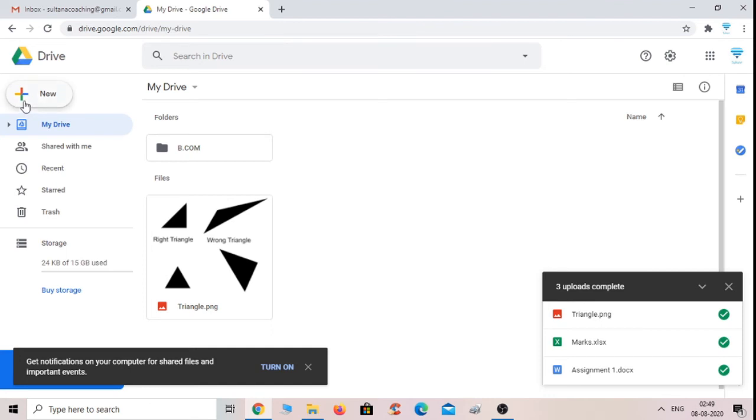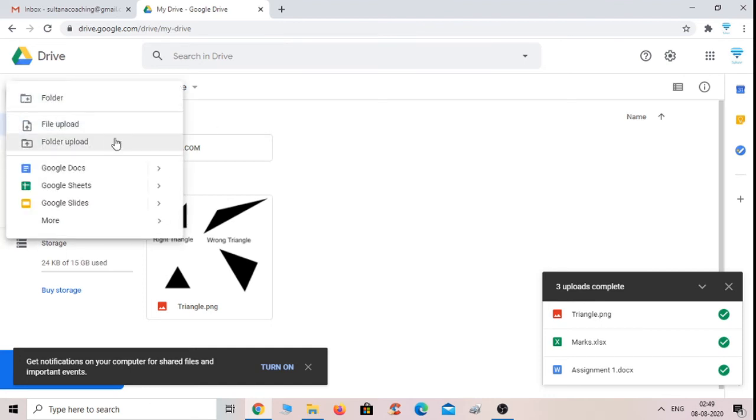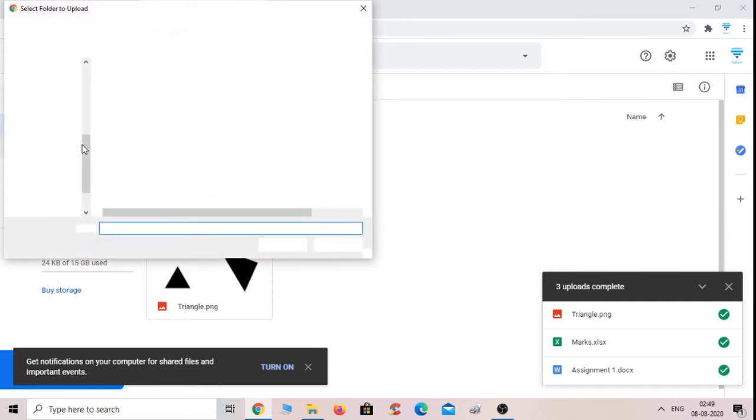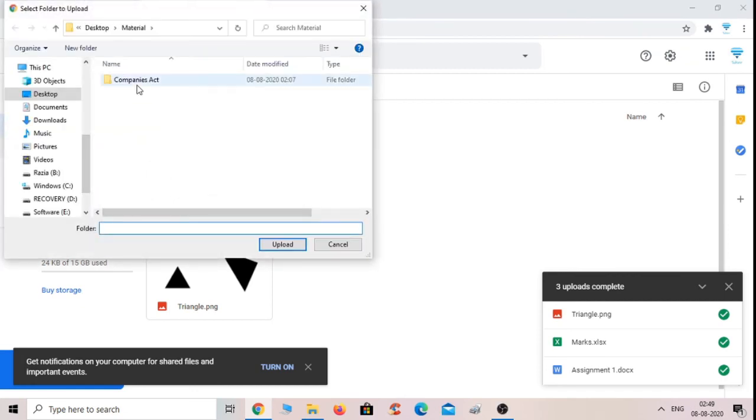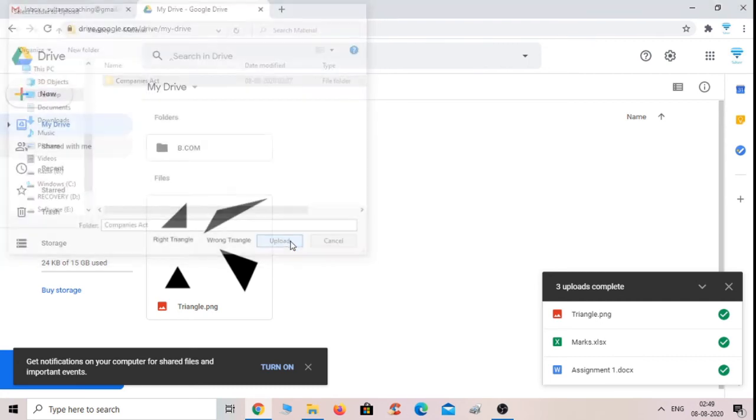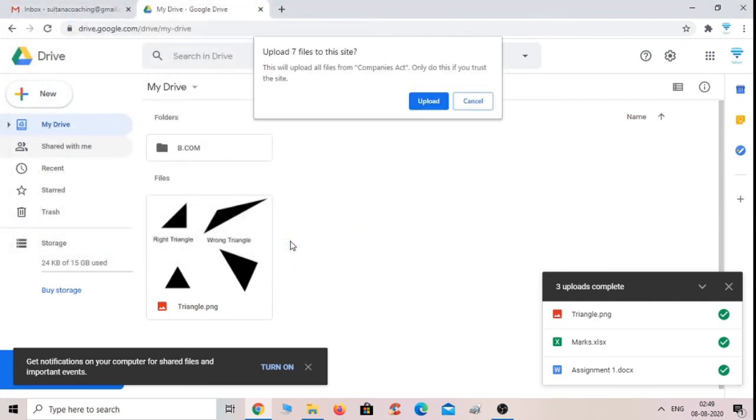And now again I want to upload some folder, so just click on folder upload. Suppose this is the folder I want to upload, and click on this. Here in the folder upload there are 7 files, so it asks me: upload all files from Companies Act?